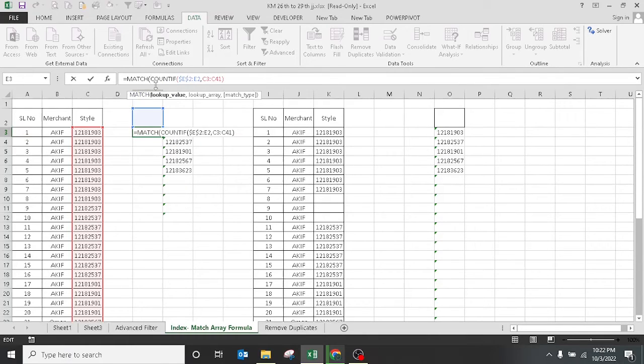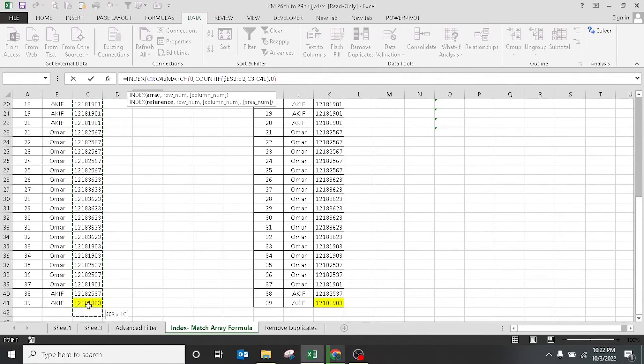and then we will use a MATCH formula. In the MATCH formula, you should look up something which is 0, and our lookup array is our COUNTIF formula, and 0 is there to help with the exact match. Okay, and then we will add the INDEX formula here, and we will select the index array from our list range,